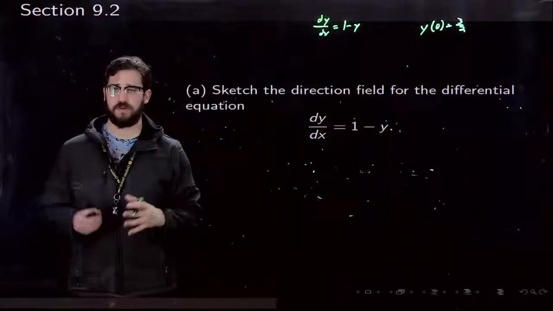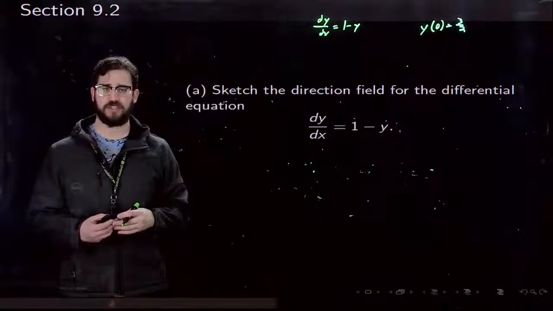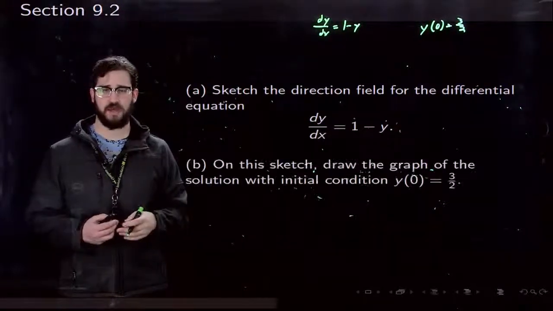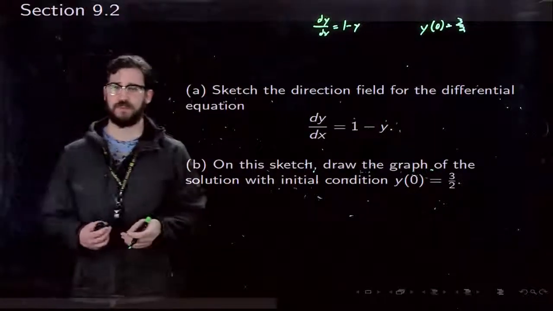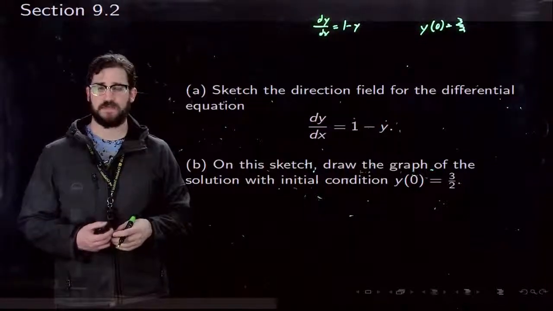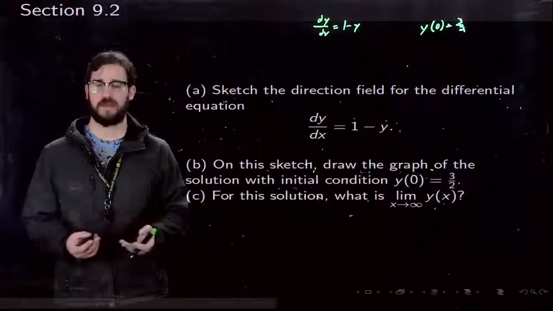On an exam, you may be given a question that's three parts, like this. Sketch the direction field for the differential equation dy/dx equals 1 minus y. And then on this sketch, draw the graph of the solution with the initial condition y(0) equals 3 halves. And then you may be asked a question like, for this solution, what is the limit as x approaches